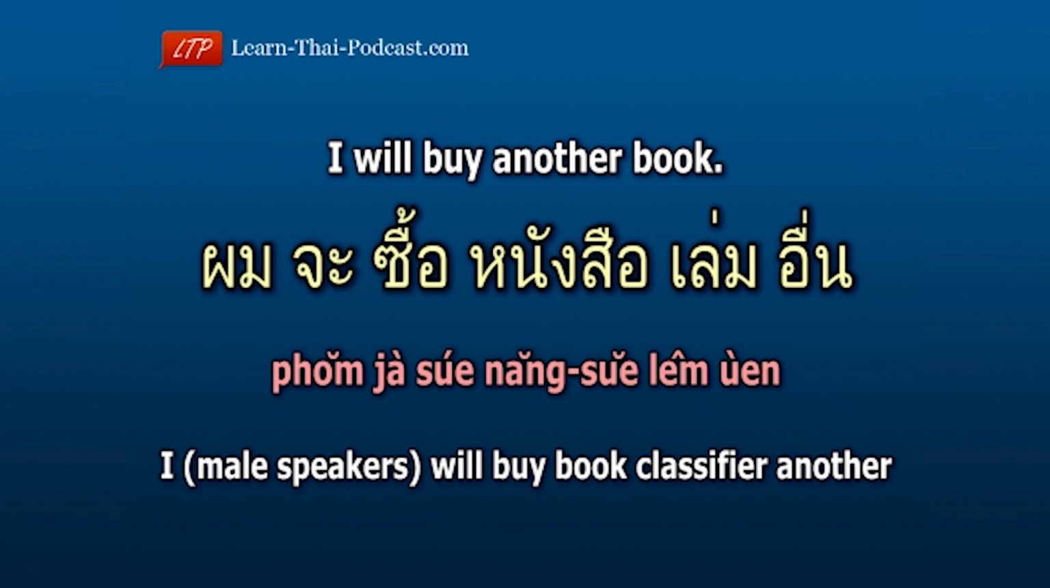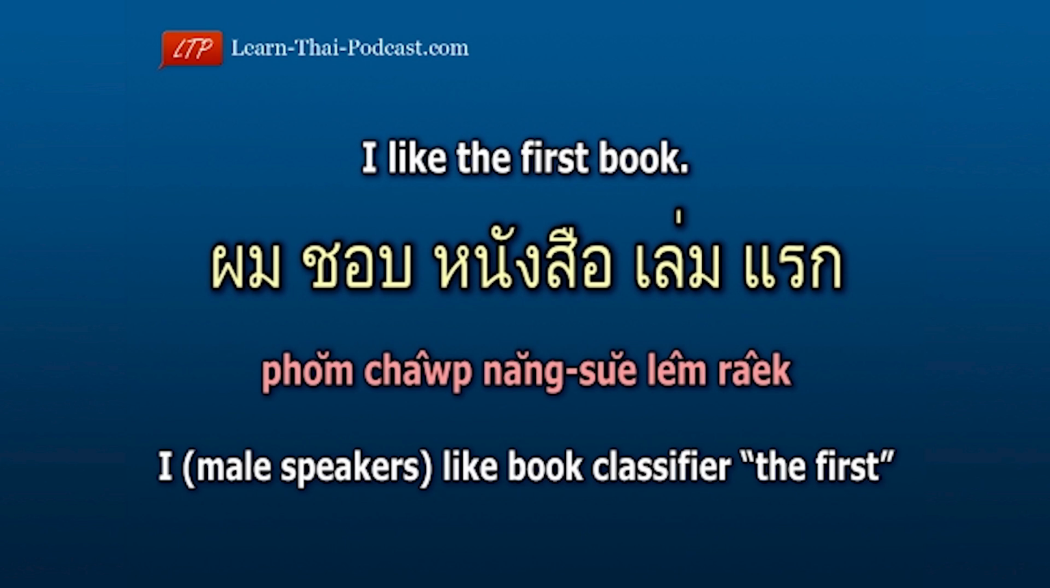The same applies for ordinal numbers. For example, I like the first book. ผมชอบหนังสือเล่มแรก I ผม, like ชอบ, book หนังสือ, classifier เล่ม, the first. แรก I like book, classifier, the first. ผมชอบหนังสือเล่มแรก